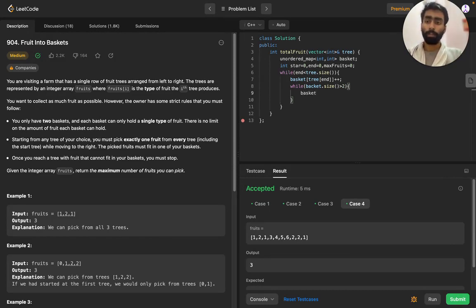So whenever we add any fruit, that is if we add any fruit in the basket, then we need to decrement its frequency. So every time we are selecting any fruit, we are decrementing the number of that fruit in the basket.